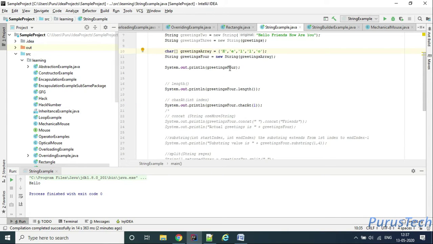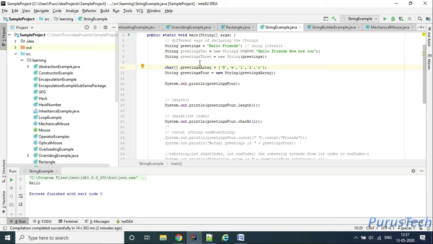Since a string is based on a character array, whatever is in the first place is index 0, this is index 1, this is 2, 3, and 4. So the index always starts with 0 and continues further.